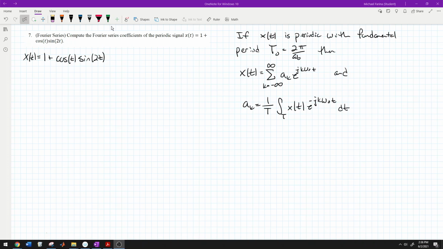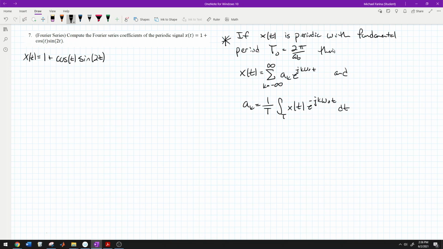All right. EEE203 practice midterm problem number 7. Compute the Fourier series coefficients of the periodic signal x of t equals 1 plus cosine t sine 2t. And then over here on the right,